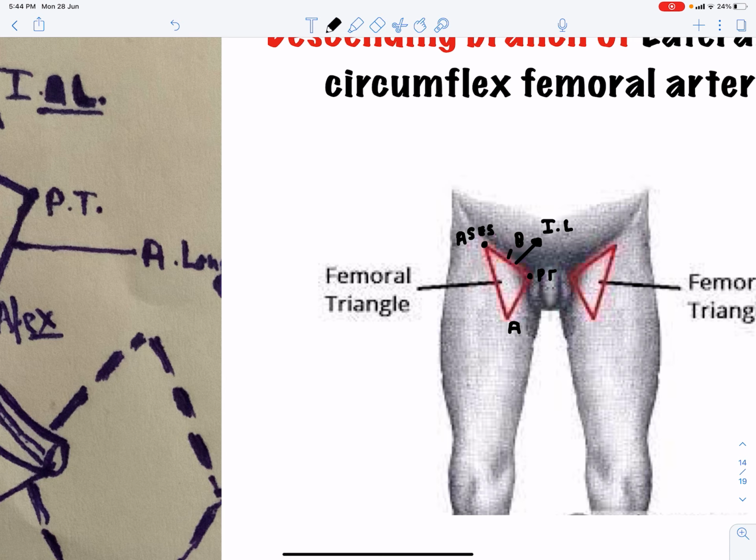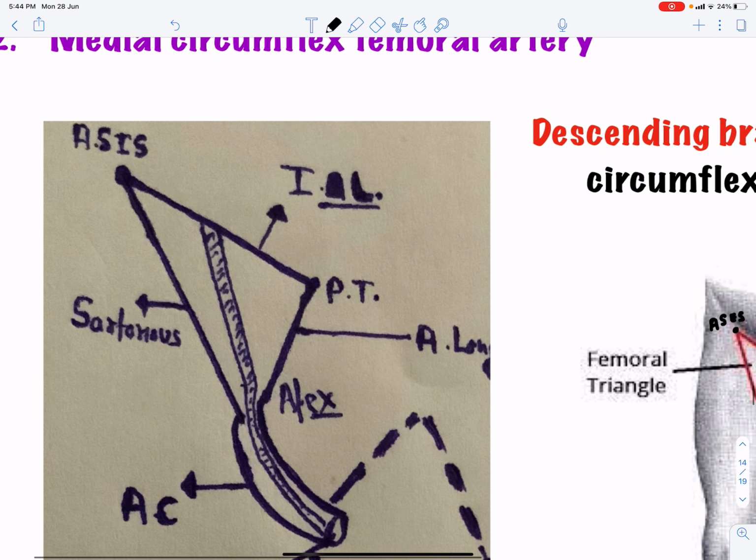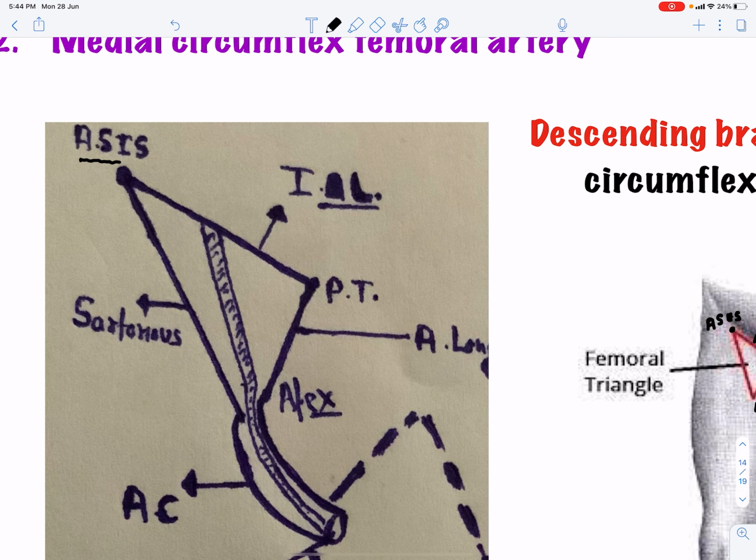Now, as we know, the femoral artery extends, from where does it extend? See this side here. This is our anterior superior iliac spine. This is our pubic tubercle, and here we have the inguinal ligament. So our femoral artery extends from the mid-inguinal point. See, this is the femoral artery here. From where is it going to extend? It is going to extend from the mid-inguinal point